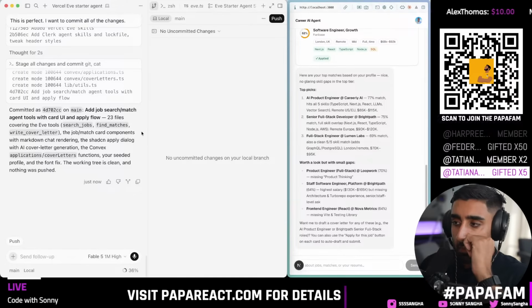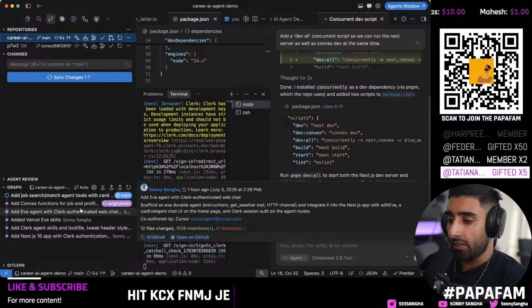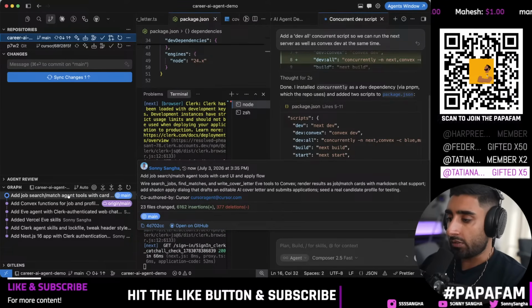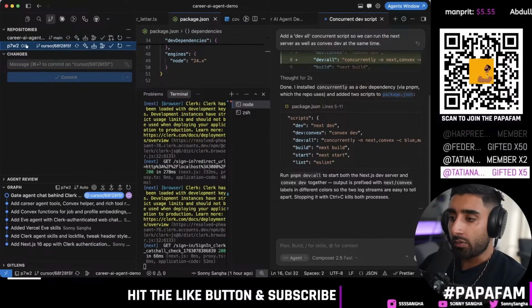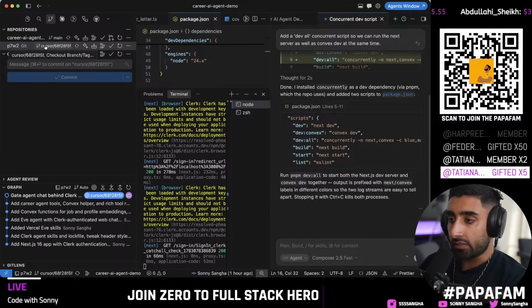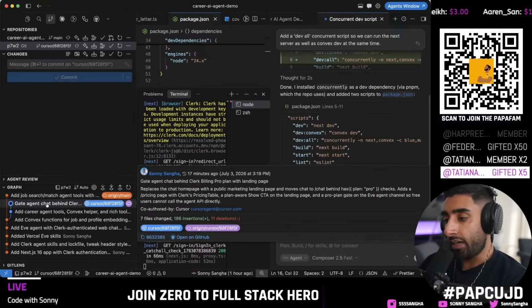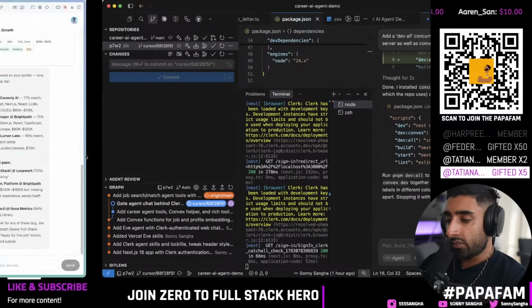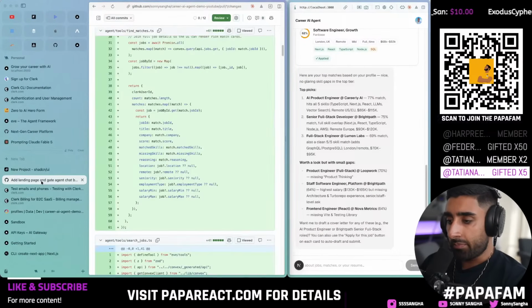So this has been committed, which is perfect. So if we go over to this, we see our graph should be clear. So this is great. Add job search match. We've got 6,000 additions. That's perfect. Okay. And then we're going to sync to push that to GitHub. Now, if we go to our Git work tree, right? This is going to be behind because it's not pulled up to speed. So over here, we need to synchronize changes. And you can see now it's synchronized. And look, see how it's behind main? Okay. So what we now do is if we go over to, just to showcase it to you on GitHub,